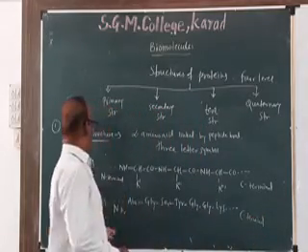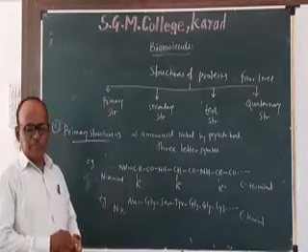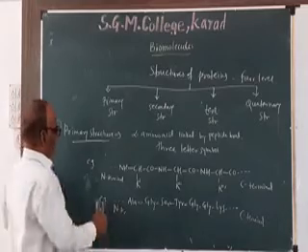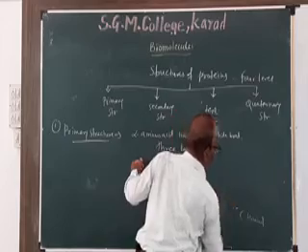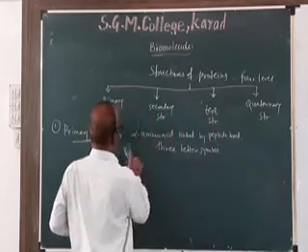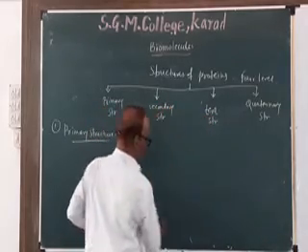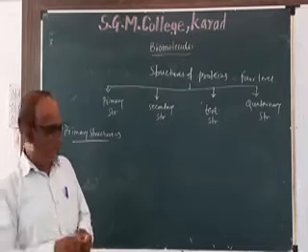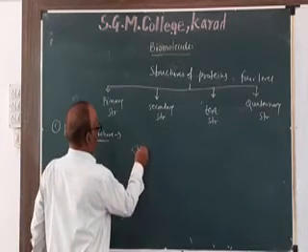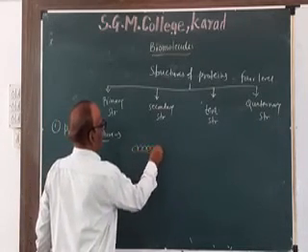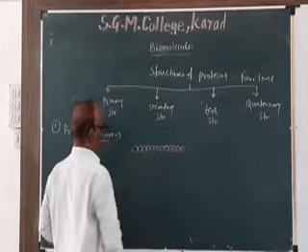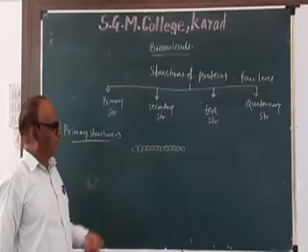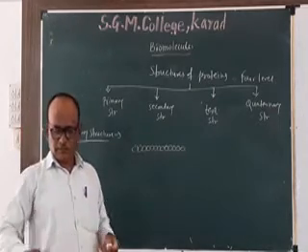So this is about the primary structure of proteins. How to draw the structure? First we represent it like a linkage or chain of alpha amino acids, linked by a peptide bond, that is CONH linkage.